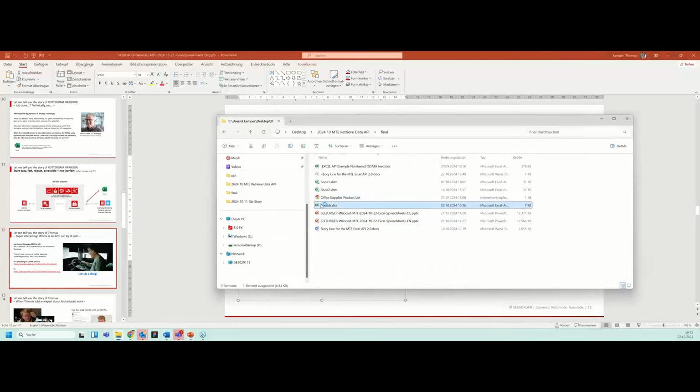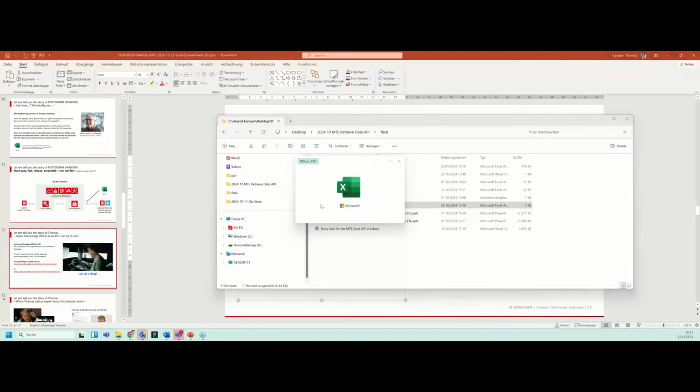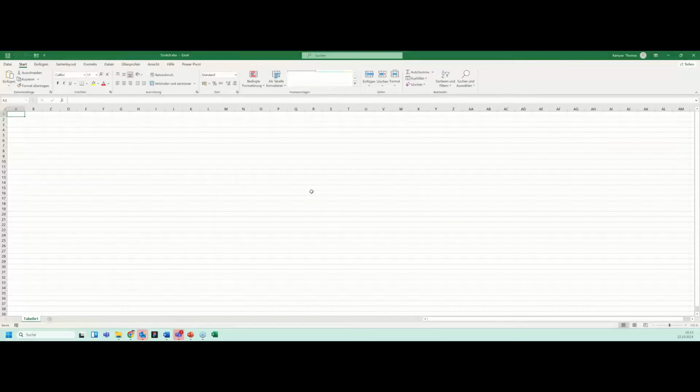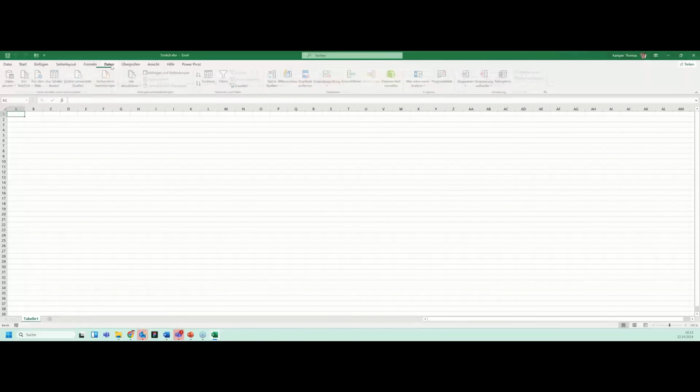So I have prepared here an Excel spreadsheet called Scratch. And I'm really sorry that this is now popping up in an Excel in German, but it also helps to find out how this works on a German Excel. So in Excel, we have data. And then we have data from the web. And if I click on that,